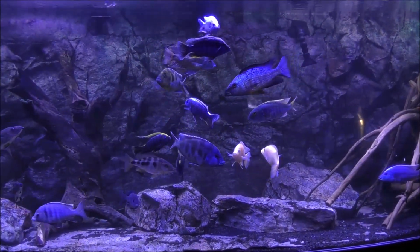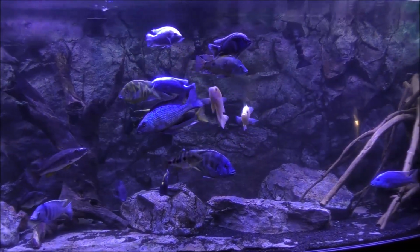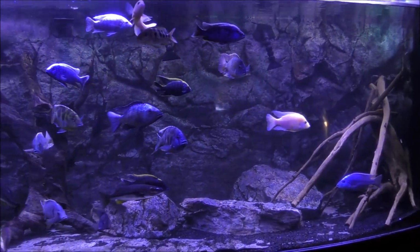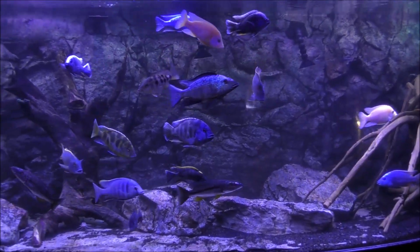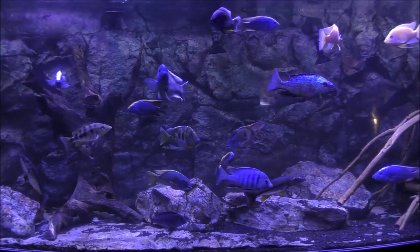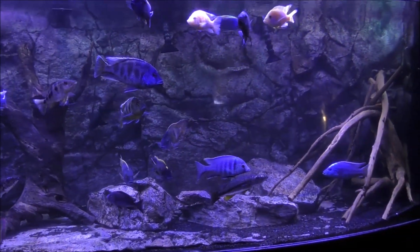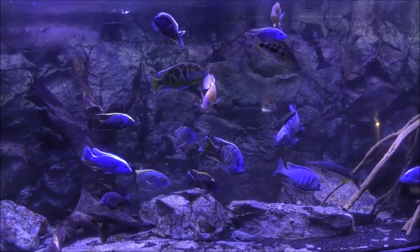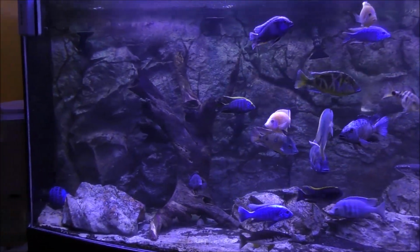Now, the reason I shied away from it until now is I tried to achieve that super clarity using sponges and other materials that would not have to be changed but every 3 months or so. But I wasn't able to quite get that crystal clarity that I've been able to achieve now. So, as you can see,